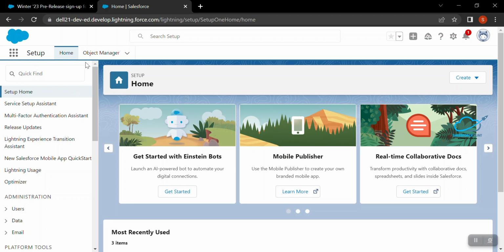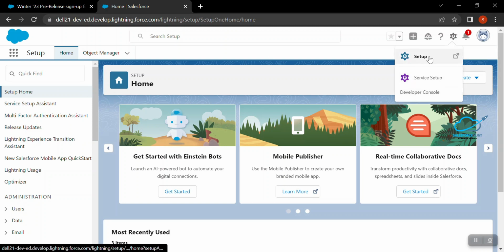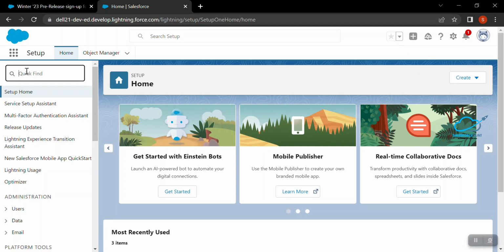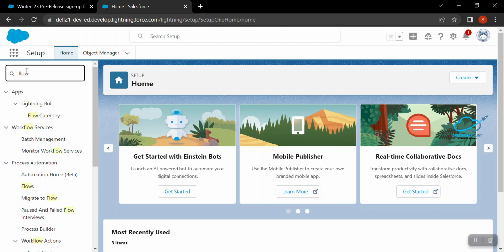So here, this is the first feature: Toolbox is hidden in auto layout. Let me explain. Under the Quick Find, if you don't know how to get it, just click on this gear icon. Now you can see Setup, and then you will see Quick Find here. Under the Quick Find, first search for flows. You can see these flows. Just click on these flows,